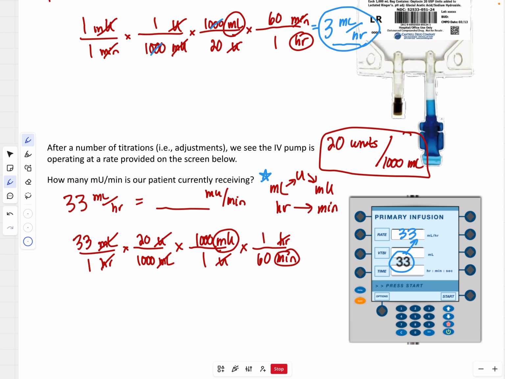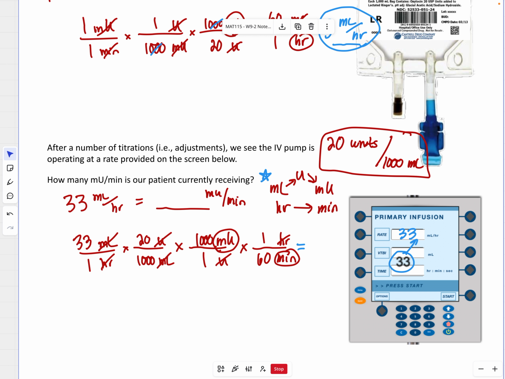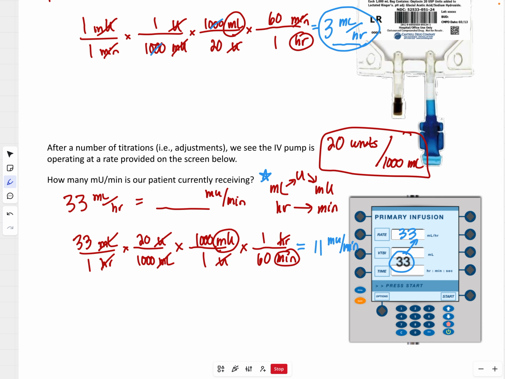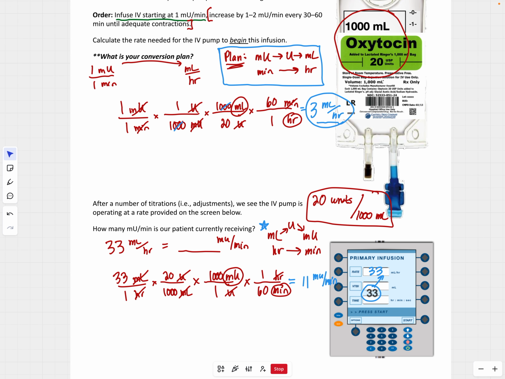All right. So what we should find is that the product of the numerators divided by the product of the denominators, we should get, I believe, 11 milliunits per minute. Let me double check. Yes. So this is the number of milliunits that they're receiving every minute. The key with these problems is we need to convert one rate into another,